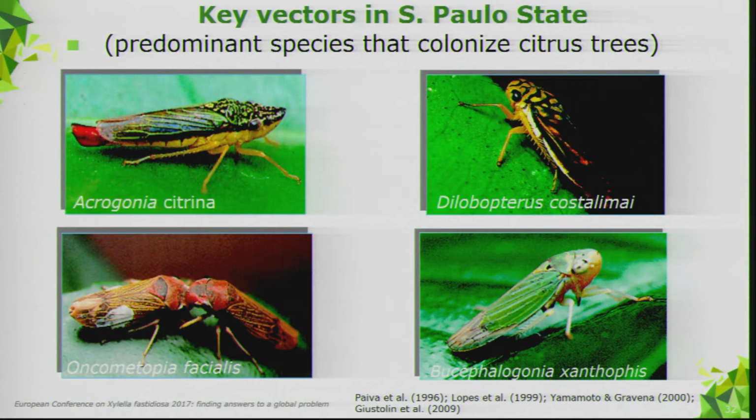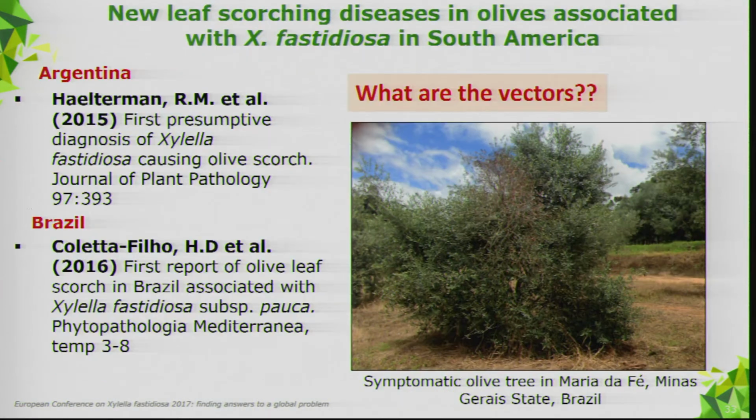So because this secondary spread takes place from citrus to citrus, it became obvious that those species that feed on the canopy, that lay eggs, that develop on citrus are key vectors. So this is an example of how these vectors can be determined. Now, to go towards the end, just to mention that we have this new problem in Brazil, in olives, a very